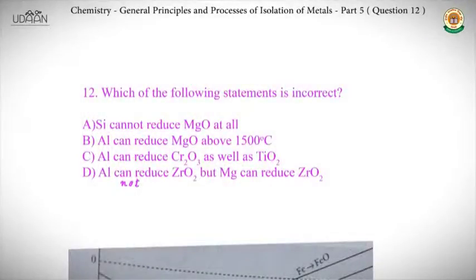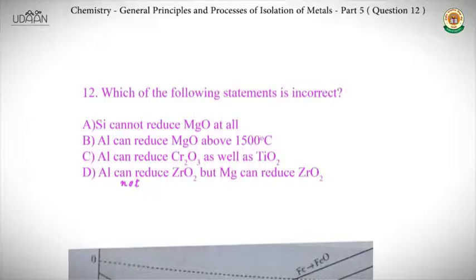Okay, so now we start with question number 12 of chapter Metallurgy. The question reads: which of the following statements is incorrect? The options are, option A, Si cannot reduce MgO at all. Option B, Al can reduce MgO above 1500 degrees Celsius. Option C, Al can reduce Cr2O3 as well as TiO2. And option D, Al cannot